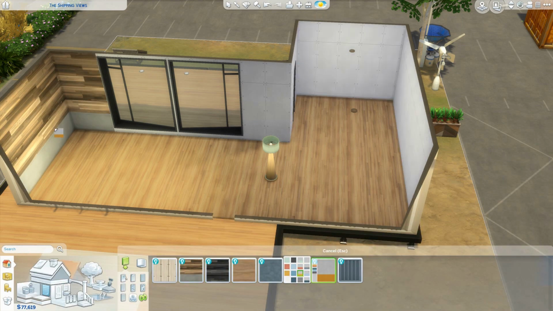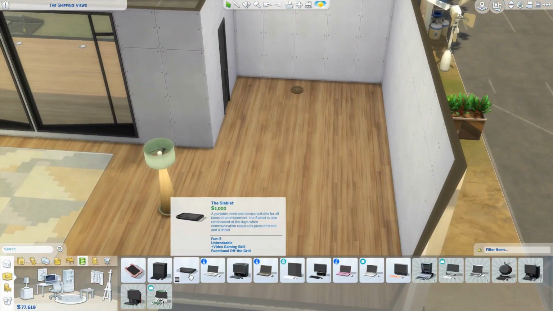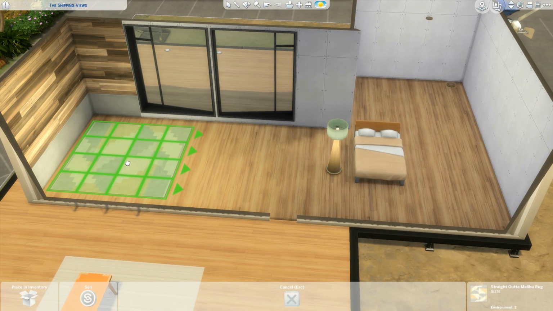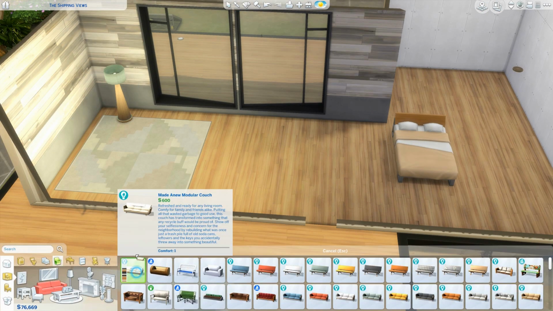But I like the hardwood floors. I like the wallpaper that was used. I think they go so well together. I like the bed and the rugs and everything that I used. They're all eco lifestyle. When starting this build, like I said, I was a little frustrated, but I like this